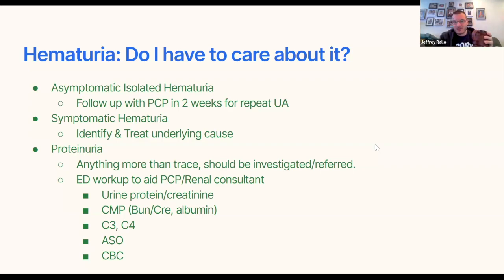And with that said, if you have a little kid, it's something to talk about. I haven't had it personally, but if you have a 5-year-old and he has hematuria and he's in pain and you're concerned for a stone, you should probably go ahead and scan that kid too.